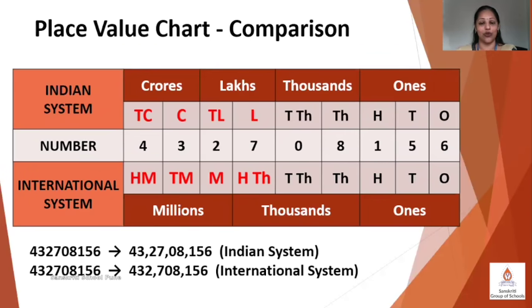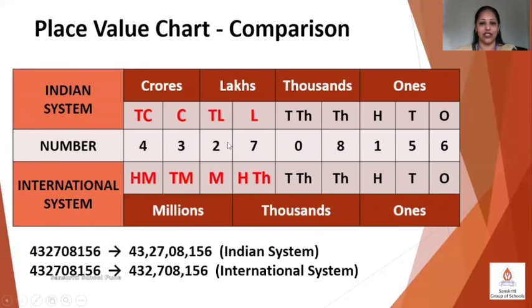This place value chart shows both the number systems. On the top we have the Indian number system, and here at the bottom we have the international number system. We have placed a 9-digit number in the place value chart. Now if we look into this number, the 5 digits from the right hand side have the same places: ones, tens, hundreds, thousands, and 10,000s. These 5 places are the same in both the Indian as well as the international number system, which means any number up to 5 digits has the same number name in both systems.